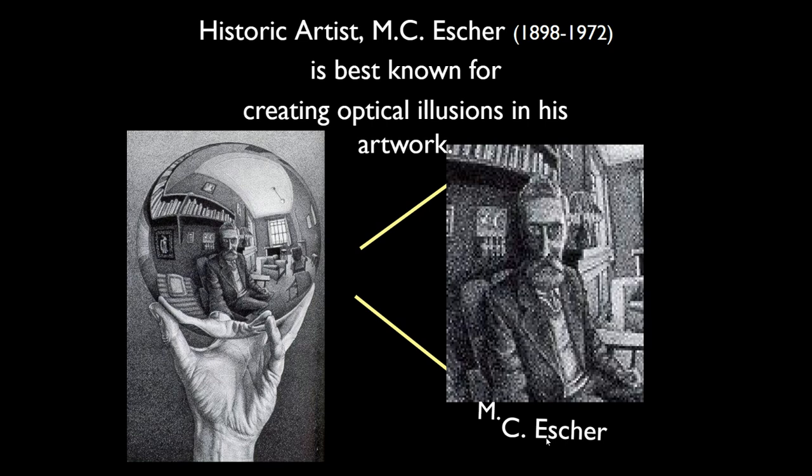The next artist we're going to talk about today is historic artist M.C. Escher. He lived in the past from 1898 to 1972. His artwork is also in museums around the world. So first let's look at his art on the left. This is a drawing, and here you see a hand holding the sphere,